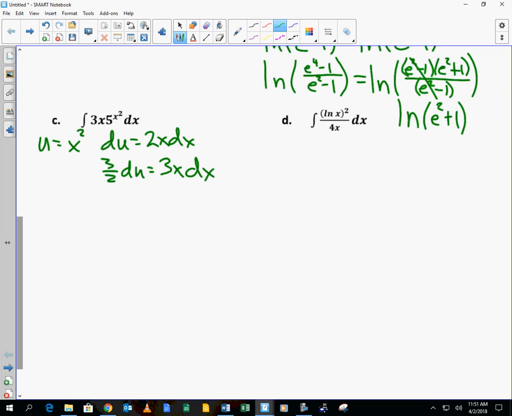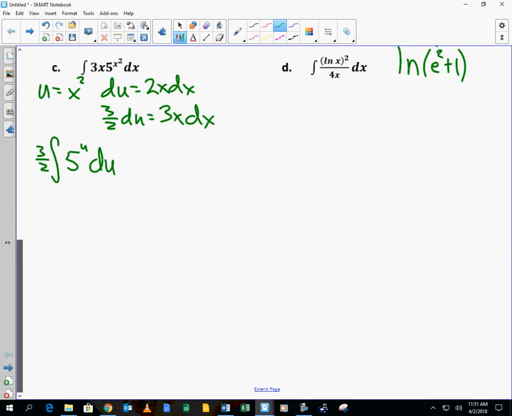So you now have the integral of 3 halves out front, 5 to the u du. What is the antiderivative of 5 to the u? 5 to the u, or 5 to the x squared, divided by